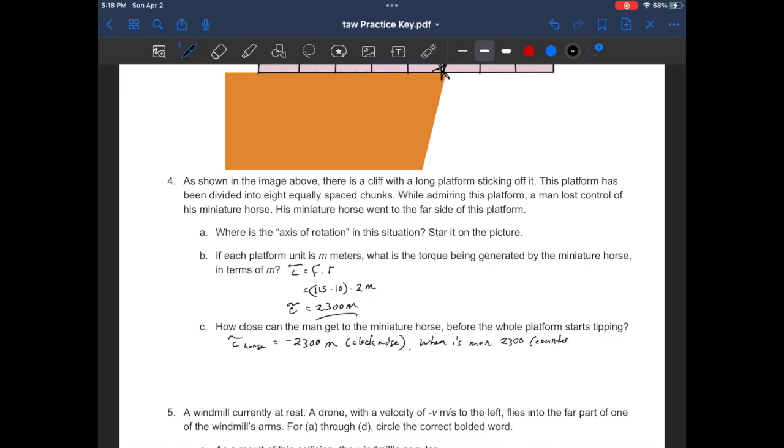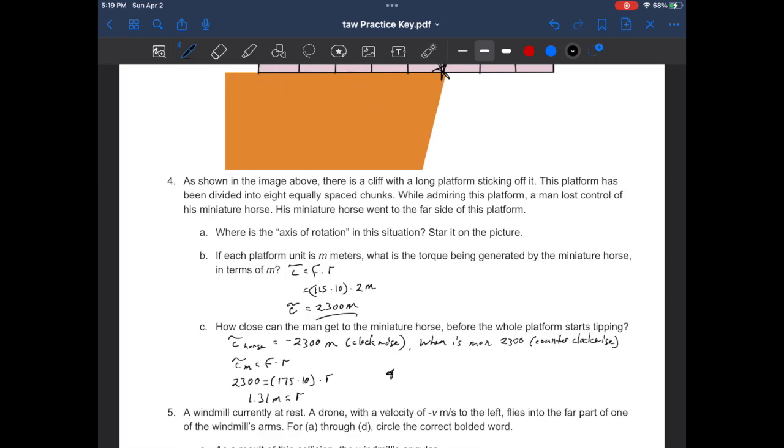Well, the man's force is going to be based on his mass times 10 because of the acceleration of gravity. That gets us force of gravity. 175 times 10. 1,750 newtons of force the man is applying. At what position will 1,750 newtons, what position multiplied with that gets us to a balance of 2,300? So we're going to say 2,300 is equal to 175 times 10 times r. We're going to solve for r. And the reason that I don't love this, so we're able to get a solution, 1.31 m, but I don't